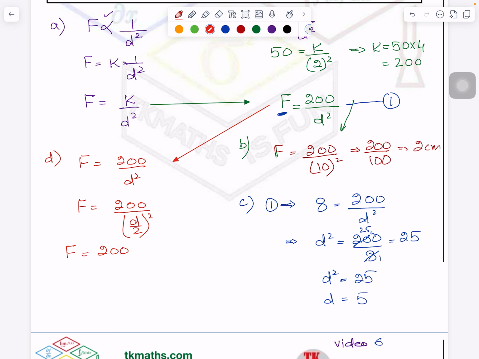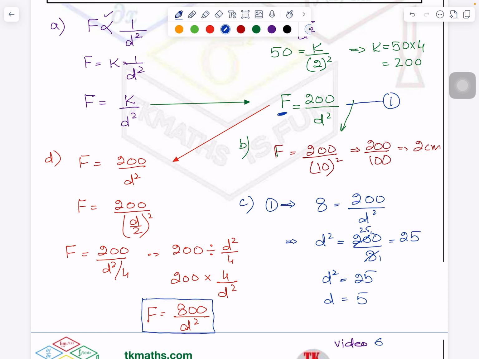It will become d square divided by 4. And we know, but I'm writing here to explain you further. I'm writing it horizontally. So we know when division sign changes into multiplication, we can write it like this, right? So 4 into 200 is 800 upon d square. So your force is 800 upon d square after